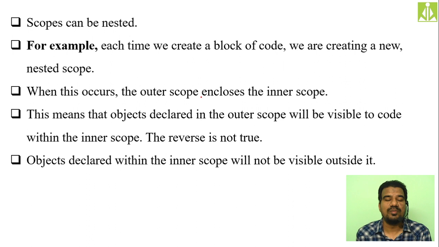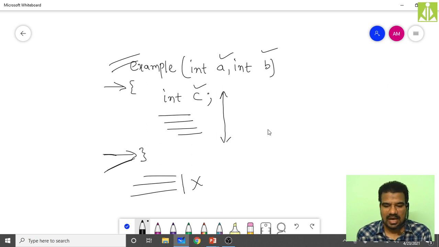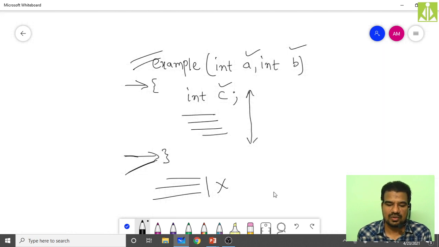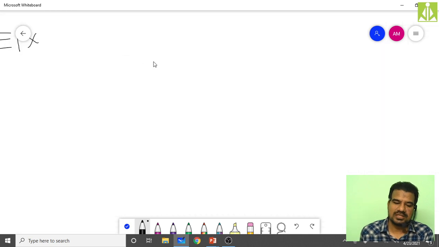So this scope can be nested. Nesting means having a block within another block. Let me give you clarity on this one. Let us say I'm having one block, the outer block, with some control structure.